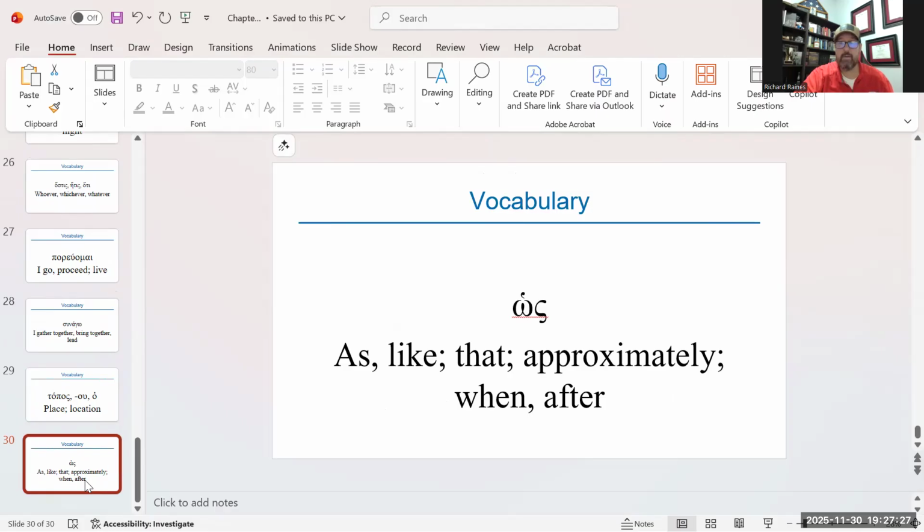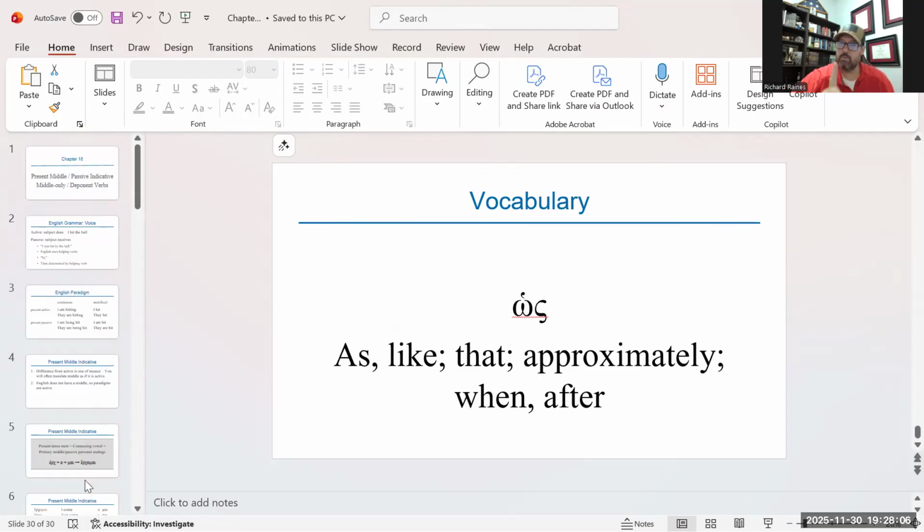Look, I've told you this before. When you encounter vocabulary words like this that have multiple definitions, focus on one or two of the definitions. The only time you really need to make sure you're focusing a lot of brain energy on multiple definitions is when those definitions change based on case. Like a word appears as one definition in the genitive and another definition in the accusative or whatever, right? So those are your vocabulary words for this section. So this is not hard to understand. It's just more that you have to memorize.